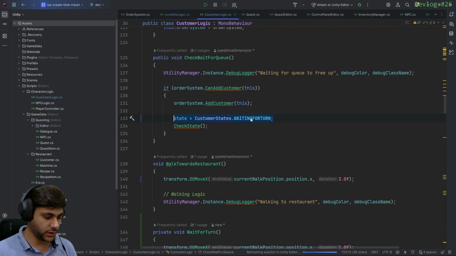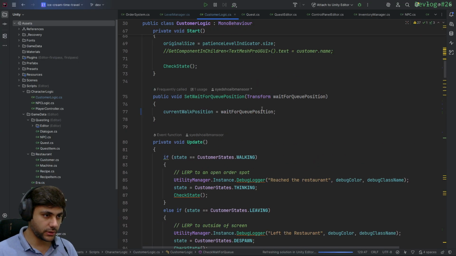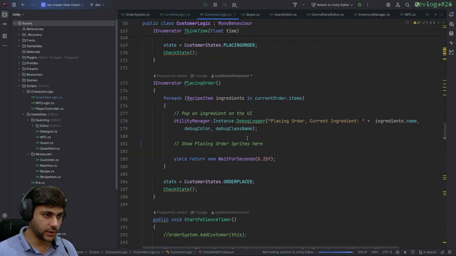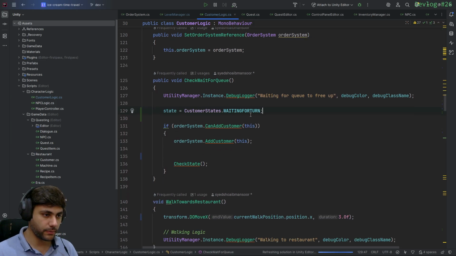So this should be something like this. Whenever a customer is spawned, and if it's in idle state, this would call this, and the start function check state would be called, and then it will go to this, we check waiting for queue. So waiting for turn, when it's set to waiting for turn, I need to do something like